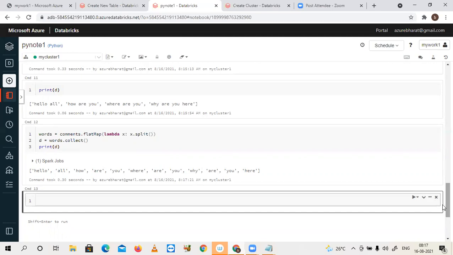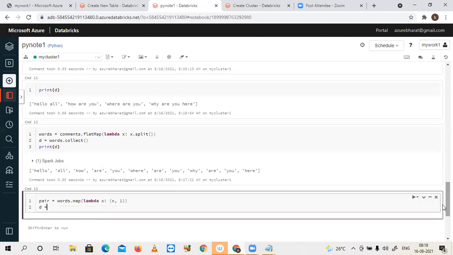Now our next work is key value pair construction. I'm going to take a pair now: words.map, lambda x. X is each word. Each word is a key. I want count aggregation. If you want count aggregation, what is the technique you need to follow? The value should be 1. Got it? Now what are the values of this one?